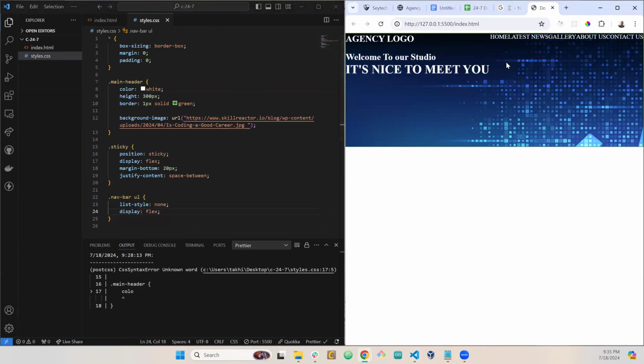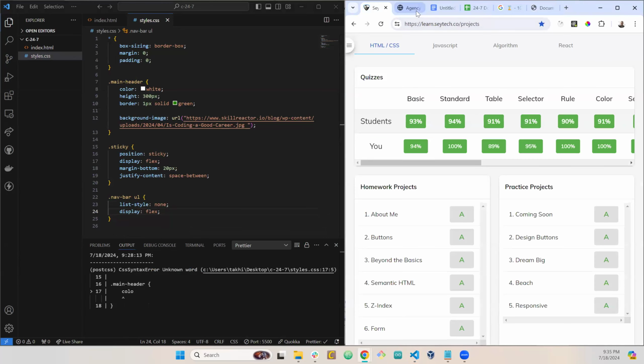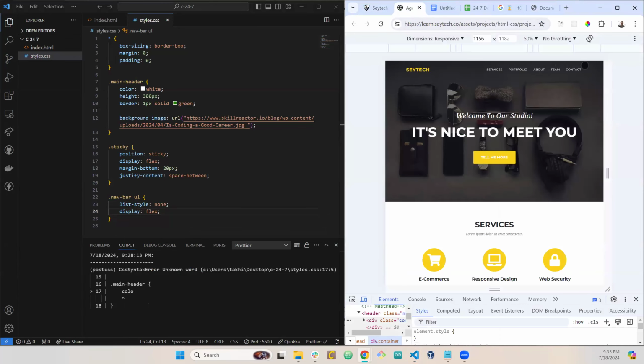There you go. Now our elements are placed in a line, and they don't have any space between, they are narrow, close to each other. We want to have a little bit of space between. Well, let's give our navbar a little bit of width. Let's say our navbar should have